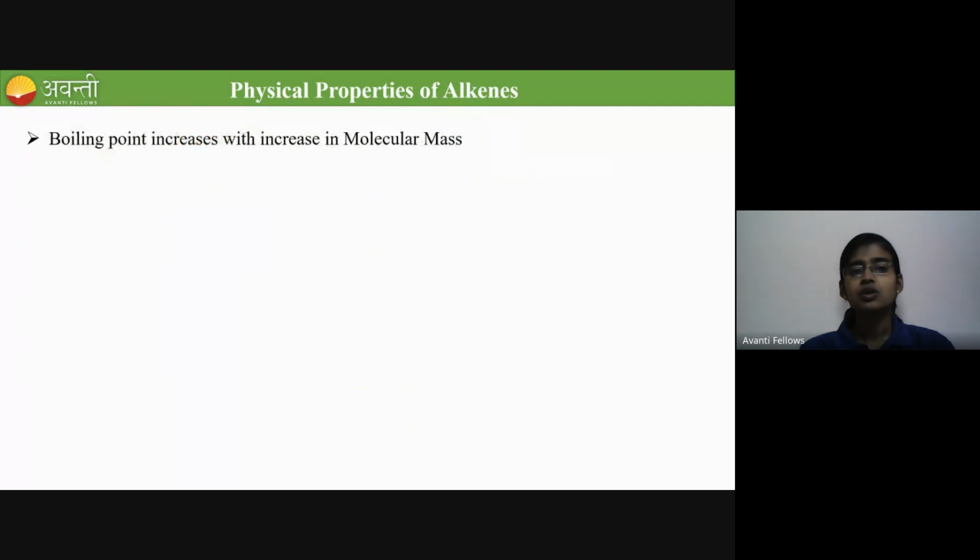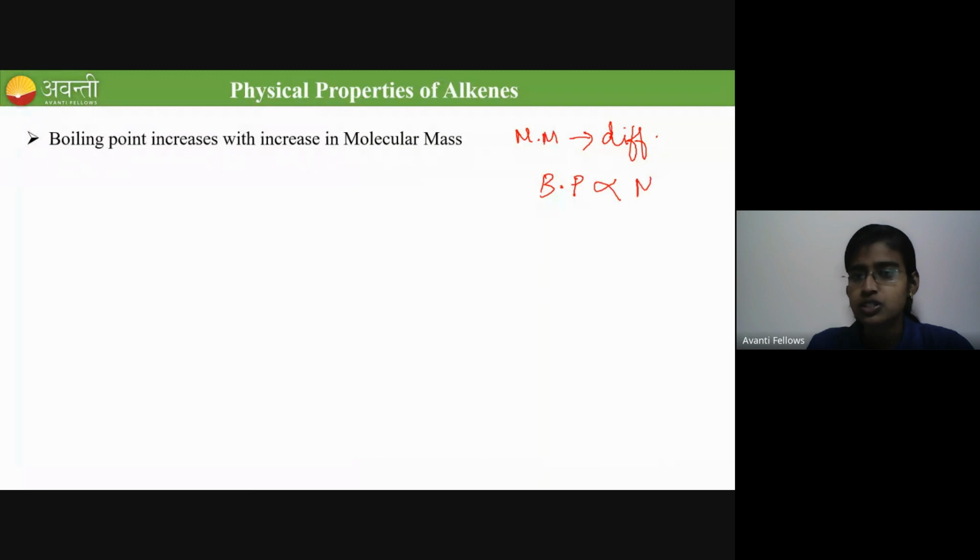So as you all know, the boiling point increases with increase in molecular mass. If the molecular masses are different, then you have to use this relation: boiling point is directly proportional to the molecular mass. The compound which is having the highest molecular mass will have the highest boiling point. Okay. If the molecular masses are same,